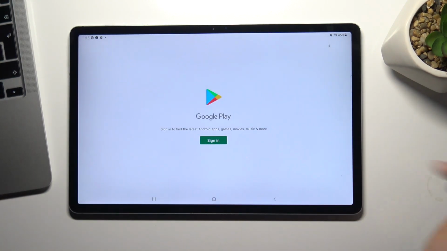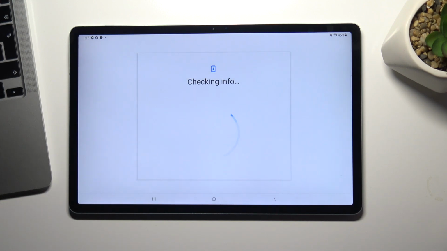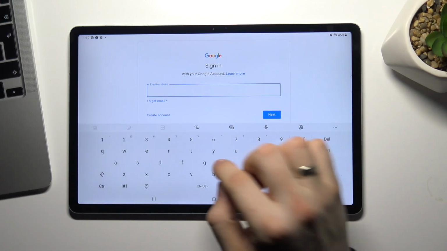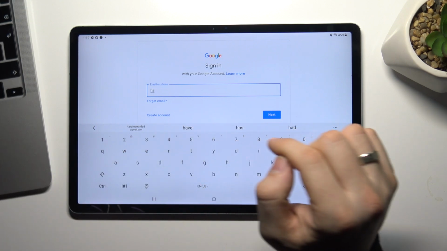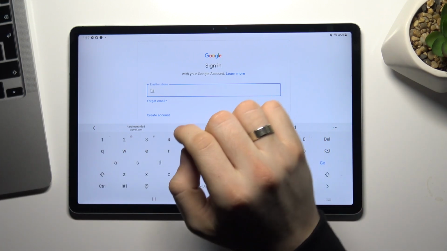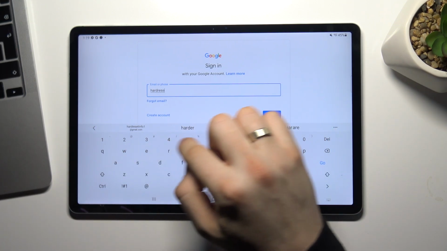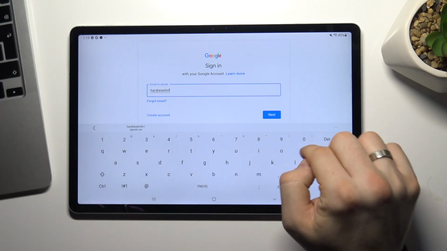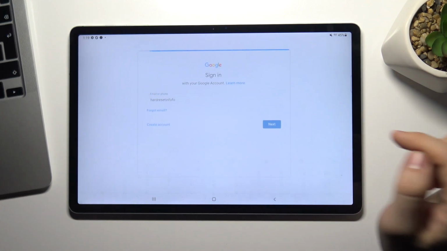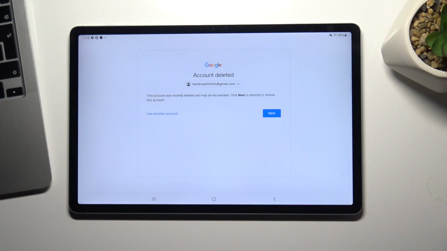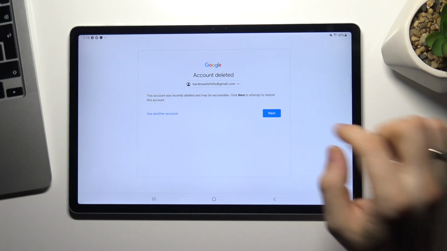Choose Play Store, sign in, wait a while, and enter your email. Choose Next, and now we will see this message. This account was recently deleted and may be recoverable. Click Next to attempt to restore this account. Choose Next,